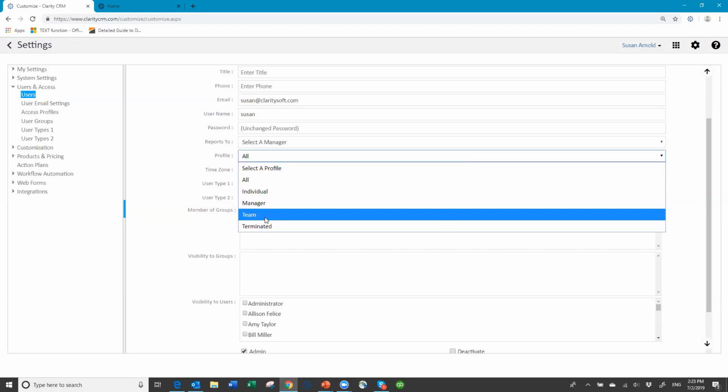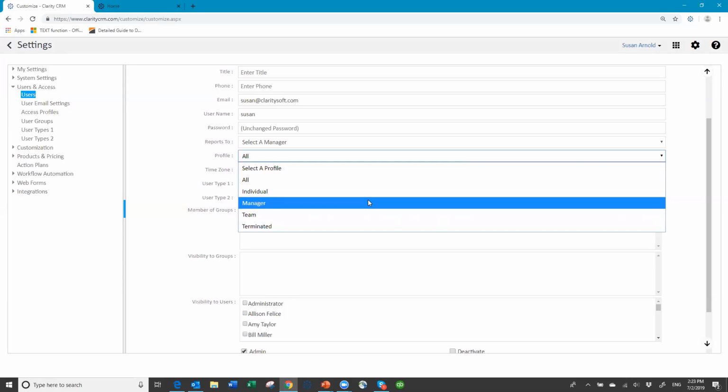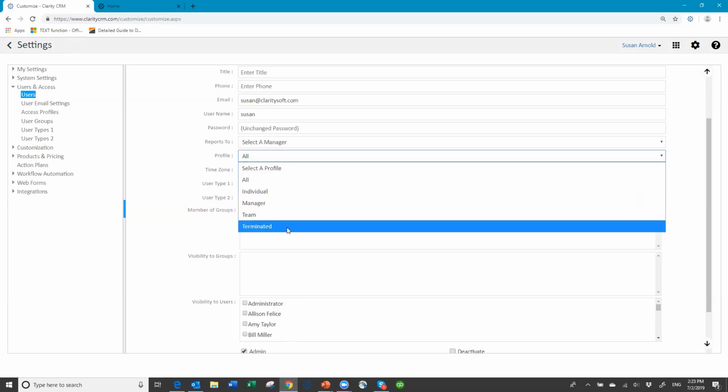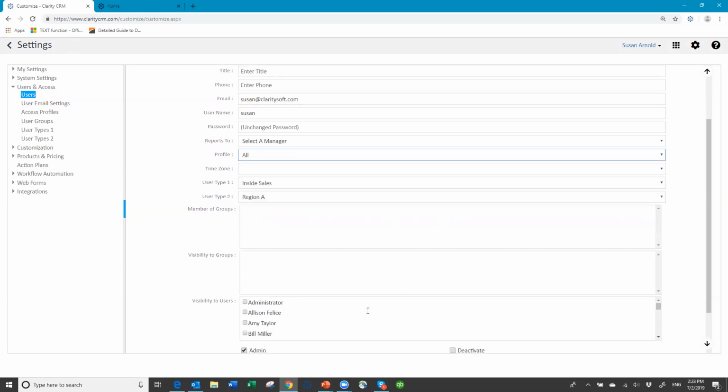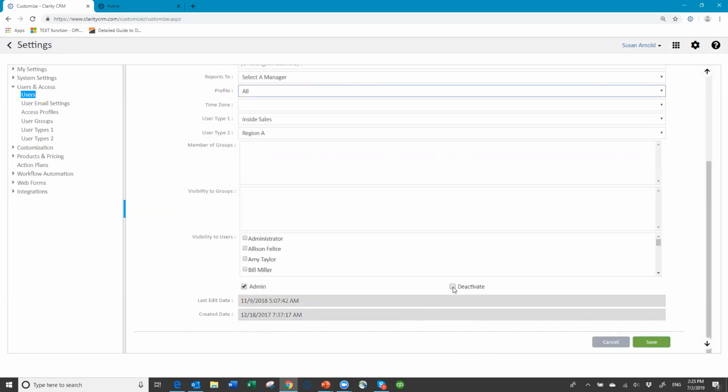Team we don't use anymore, that's for ClaritySoft offline. And then terminated is important to understand. If you have a person leave, you want to come into their user record. You do not delete them. You terminate them. You mark their profile as terminated, and you go down and you click in this checkbox for